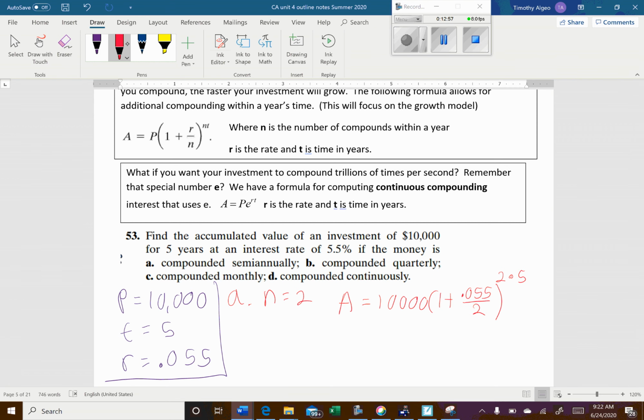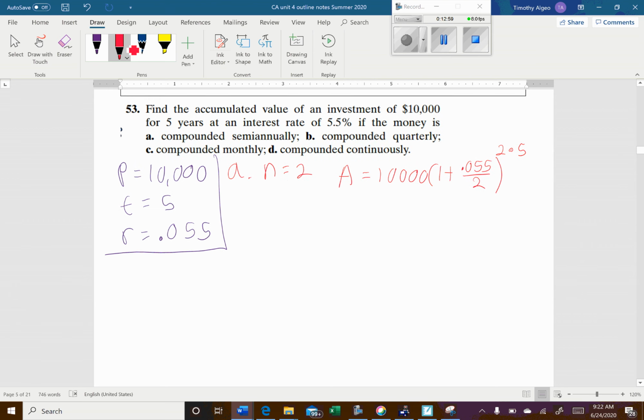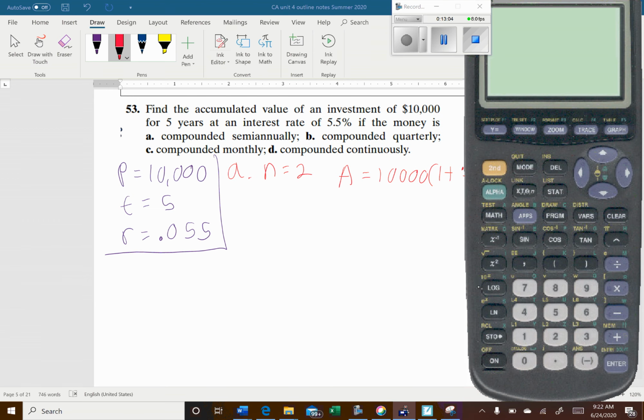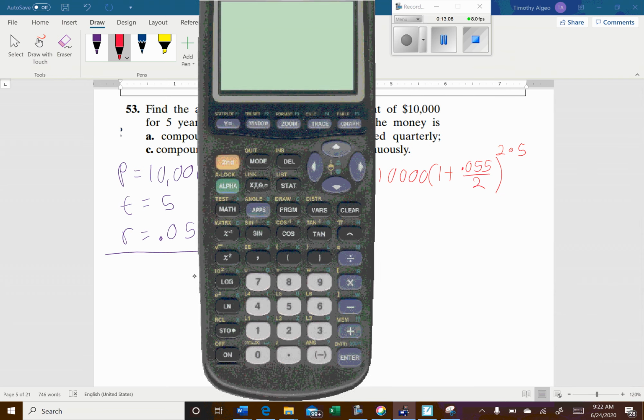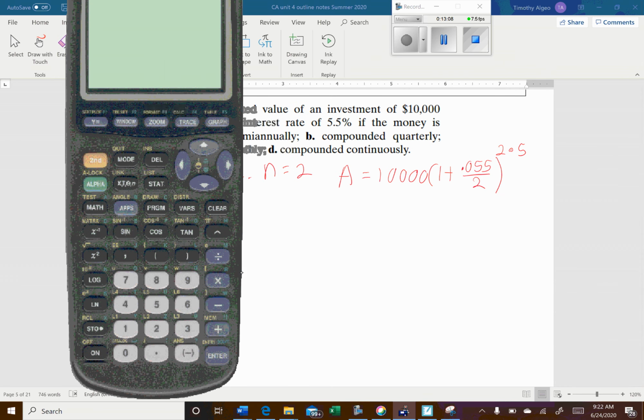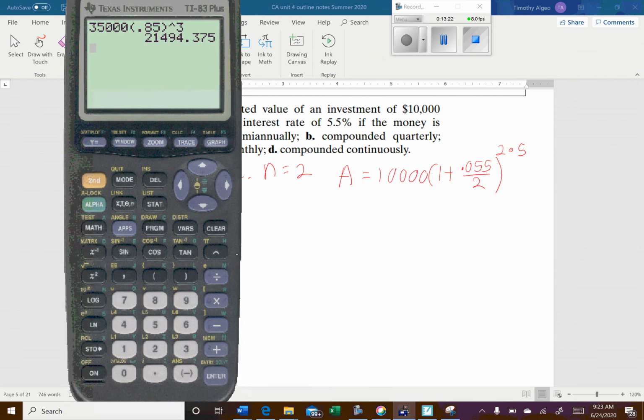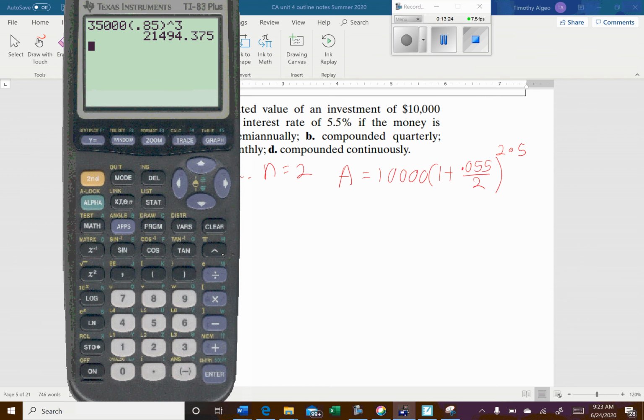You just need to be careful with how you put it in your calculator. This one's probably the most user-friendly, but it's not the only one that will work. Even your phone would be fine. If you're going to put it in your phone, you'd probably want to figure out what's inside the parentheses first, then raise it to the power, and then multiply it by 10,000. But with this calculator, and like I said, if you go onto the syllabus, you should be able to find a link where you could download one pretty identical to this for free for a trial. So let's see,